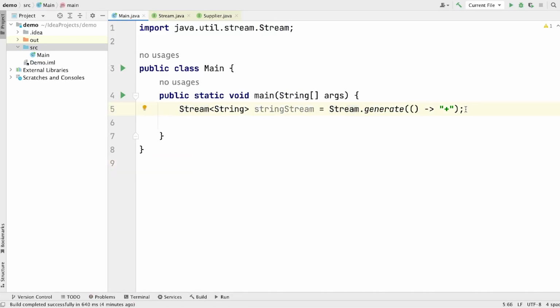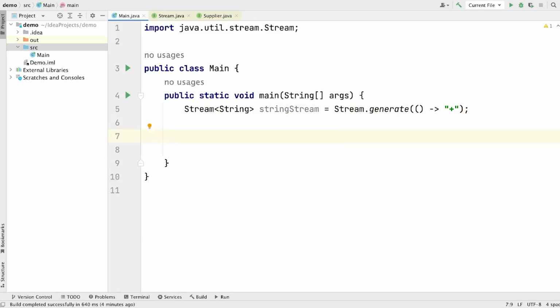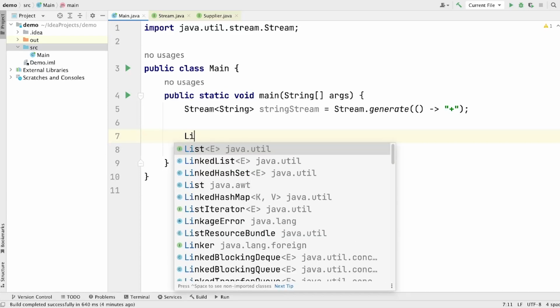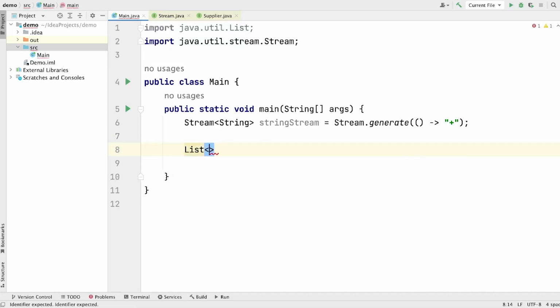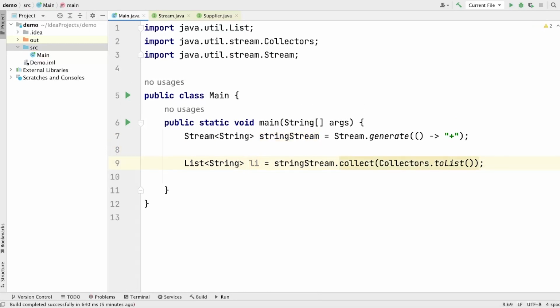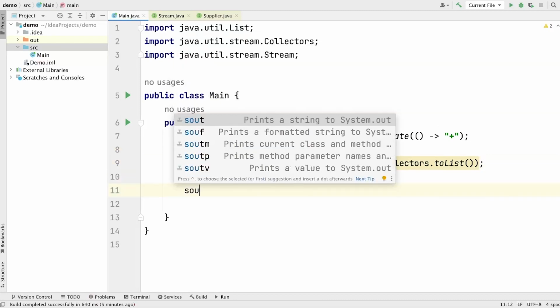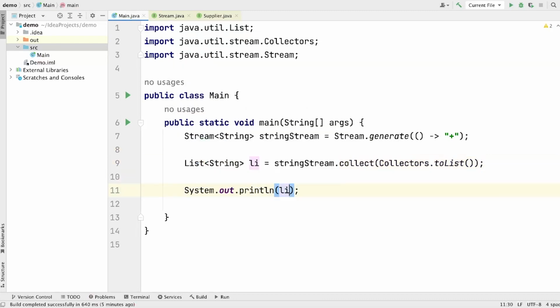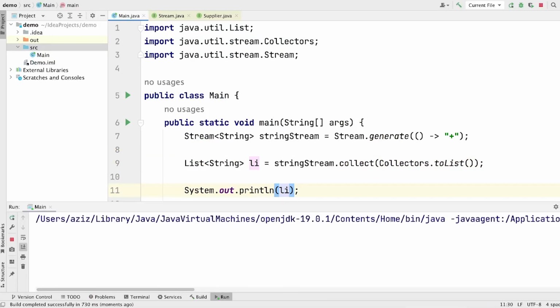Now it's time to print this stream on the screen. What do we do when we want to print a stream on the screen? We convert this stream into a collection. So let's declare a List, and it's going to be a list of String. Give it a name and call the stream.collect method and give it a Collector. This is how we convert the stream into a collection. Now let's print this collection on the screen. Let's run the program and you will see